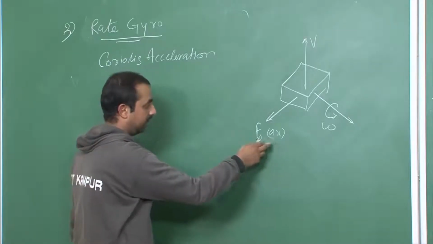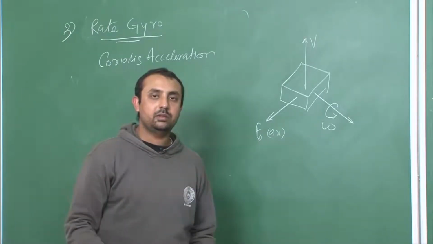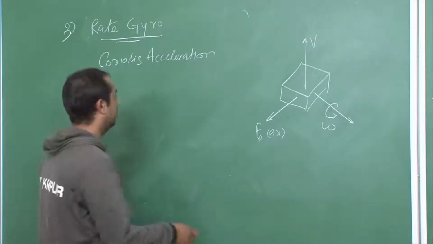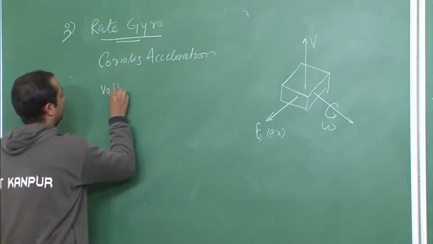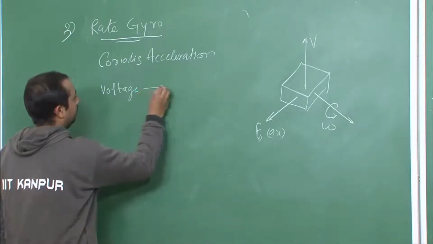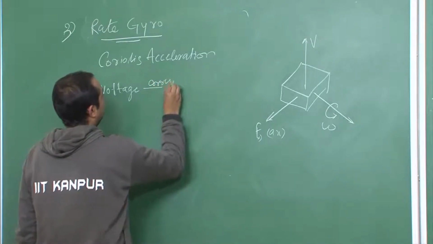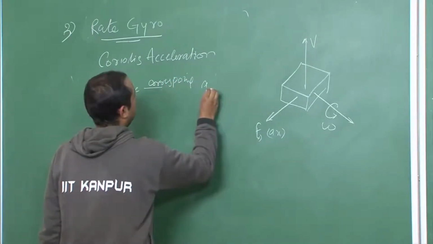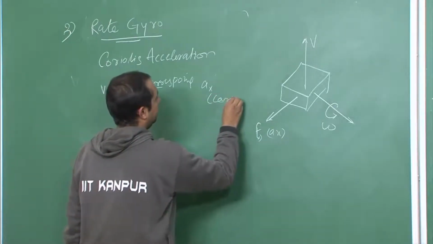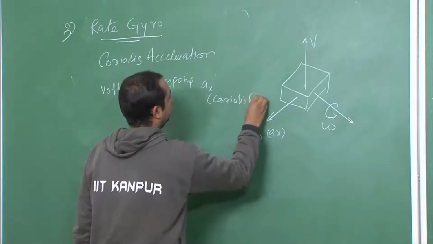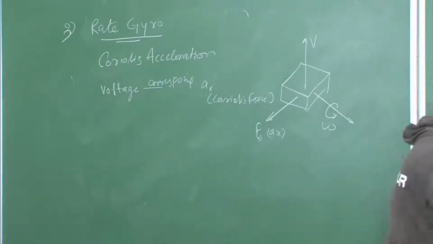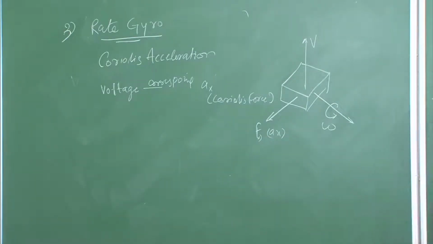The acceleration experienced will move the proof mass, and the proof mass will vary your capacitance, and according to that capacitance you will get a voltage. The block diagram for this is a little bit complex. Here acceleration is different because this is due to Coriolis force. The schematic for a rate gyro is,